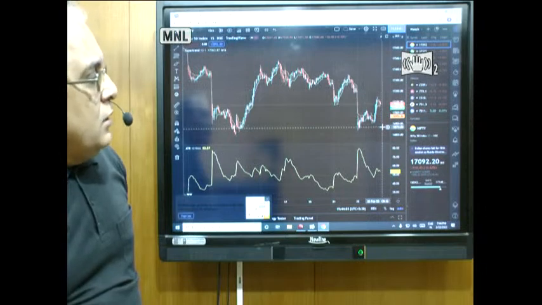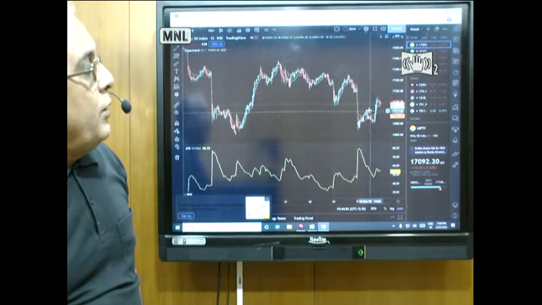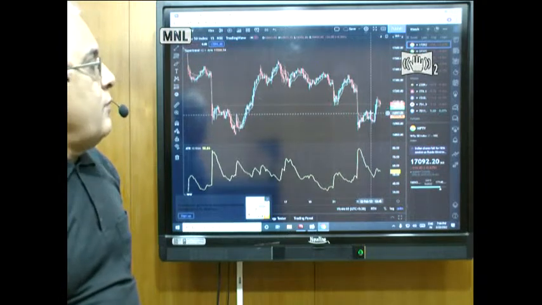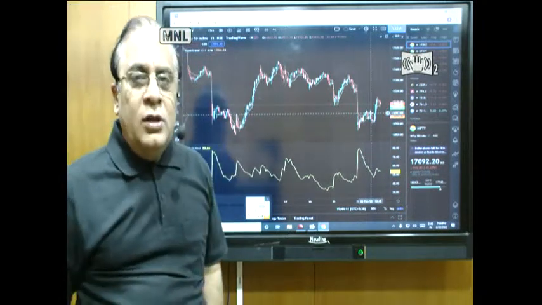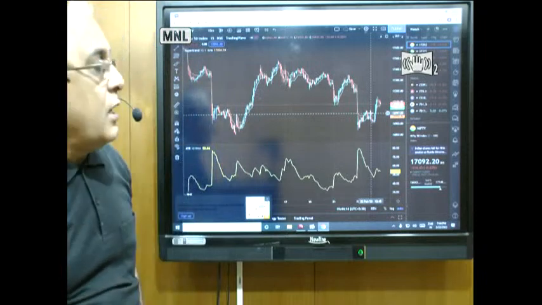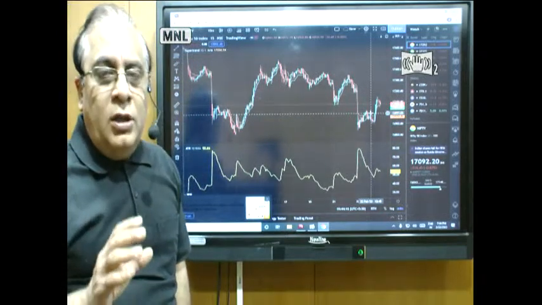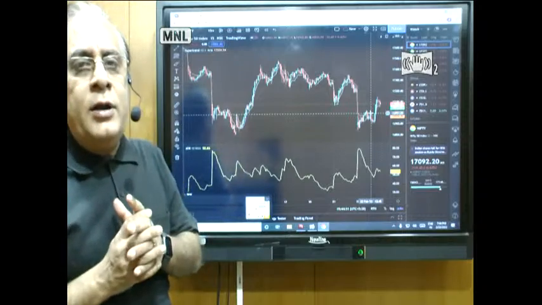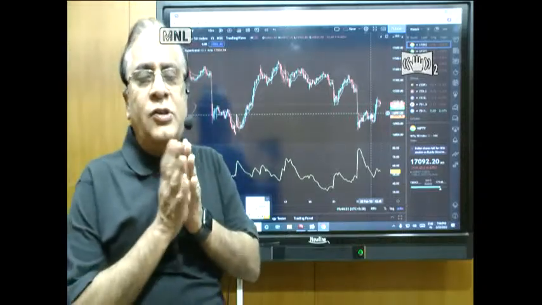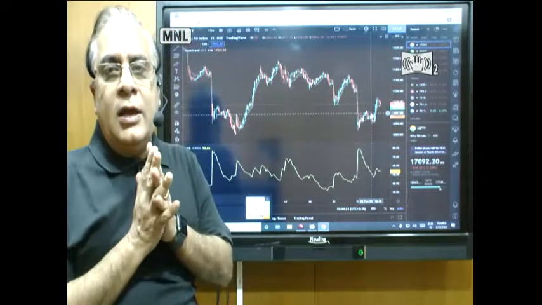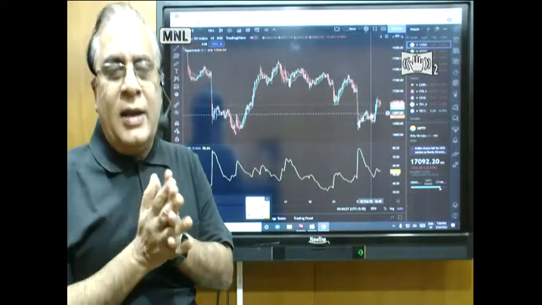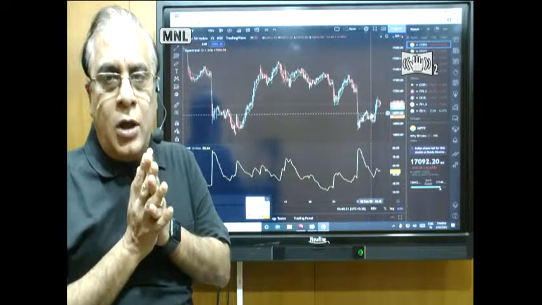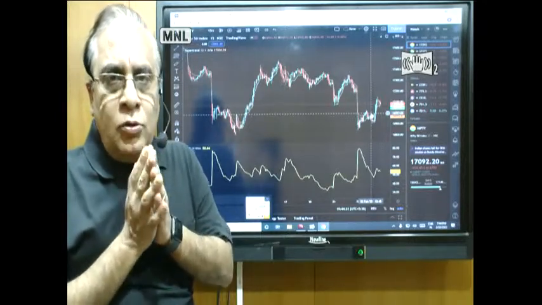It's very clear that today, when this particular point was broken, at least the short position should have been closed. The short position should have been closed, and we should wait for further confirmation regarding where we have to go short. So the super trend in a way helps you to identify important resistance and support based on the volatility of the market. Okay, so that important point we need to take into account,